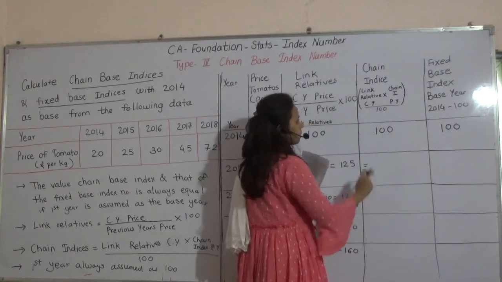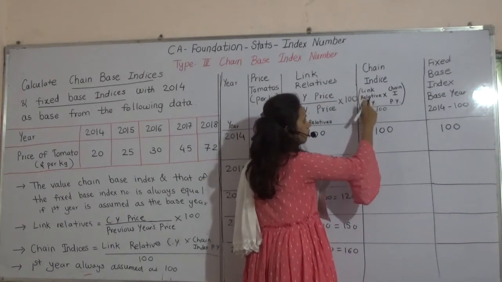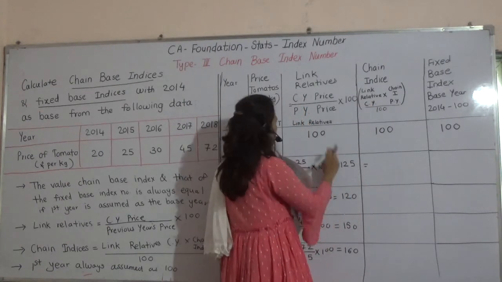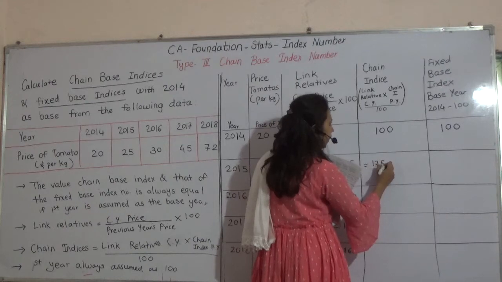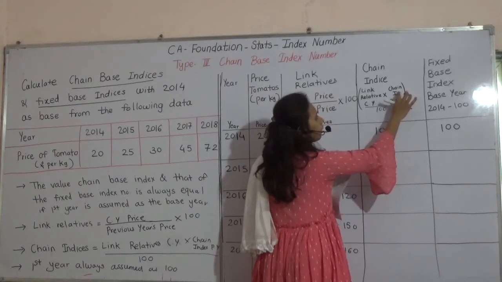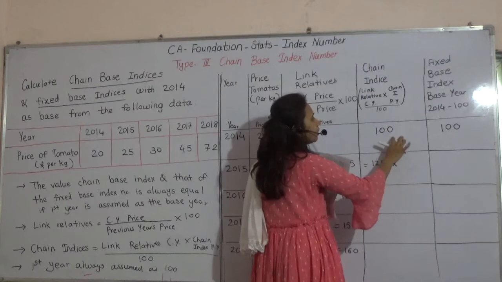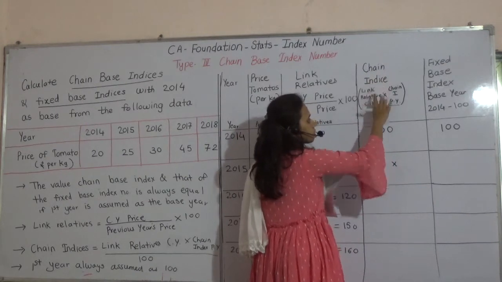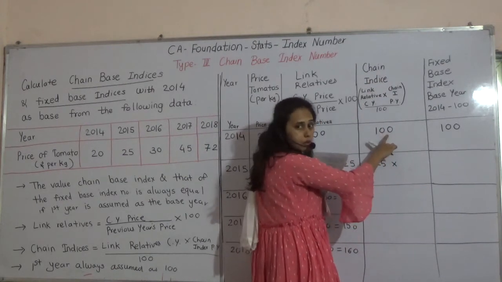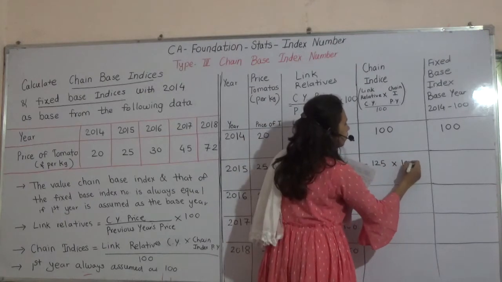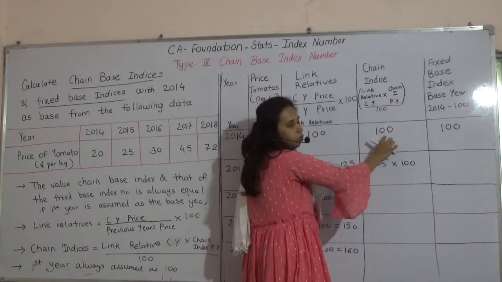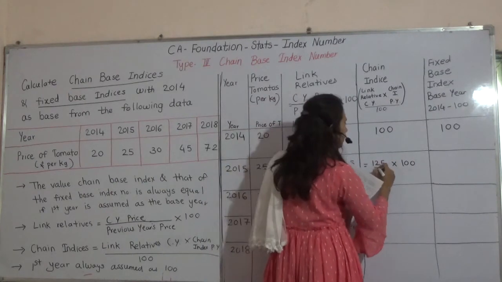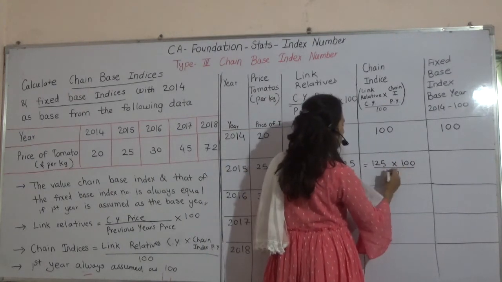Now the formula says link relatives of current year, what is link relatives of current year, 125, into chain indices of previous year. Remember, this is chain indices. So I am considering this 100 because the formula says chain indices of previous year divided by 100. Obviously, answer is